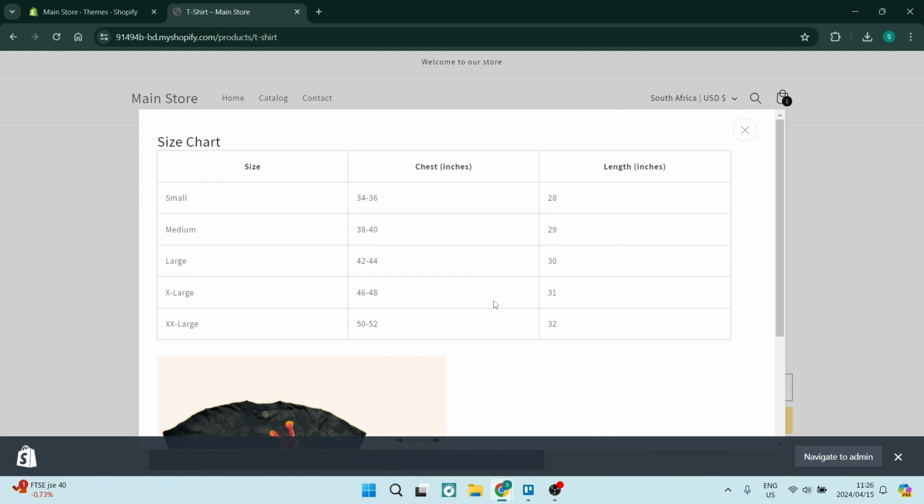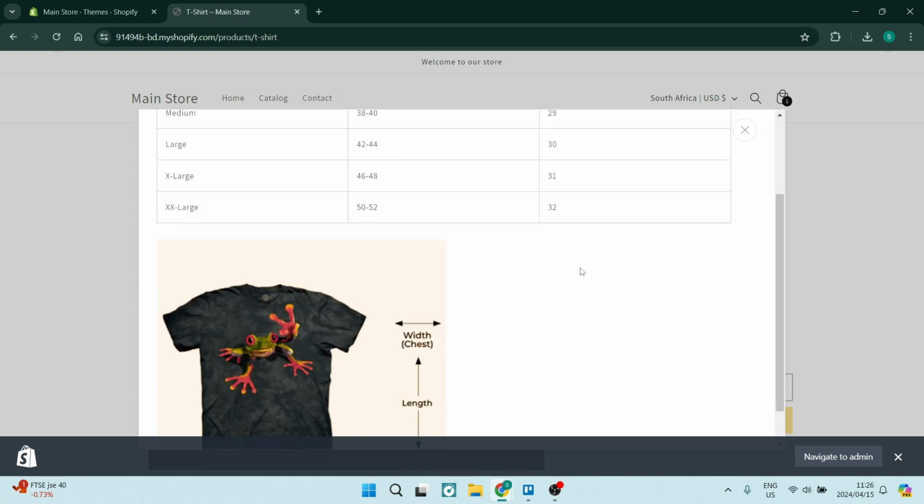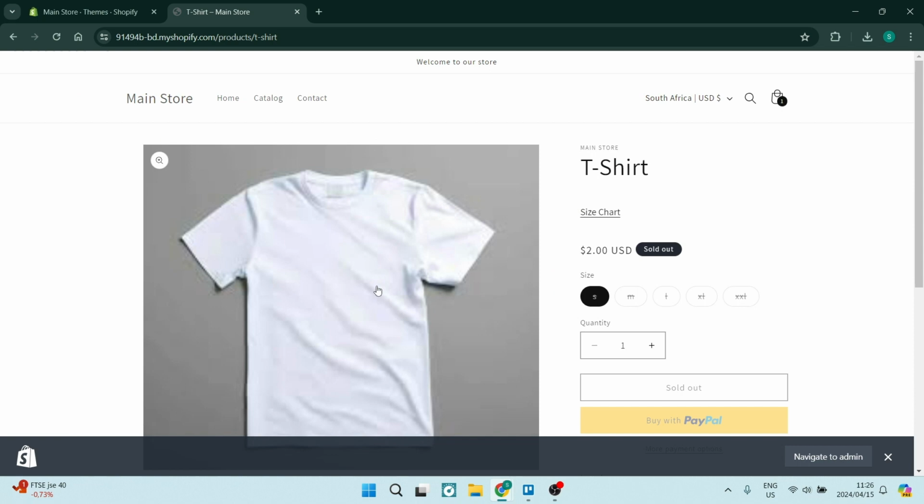Now, of course, again, you can customize this, but the fundamentals will stay the same. You will be able to insert any type of table, any type of image to reference the sizing on your